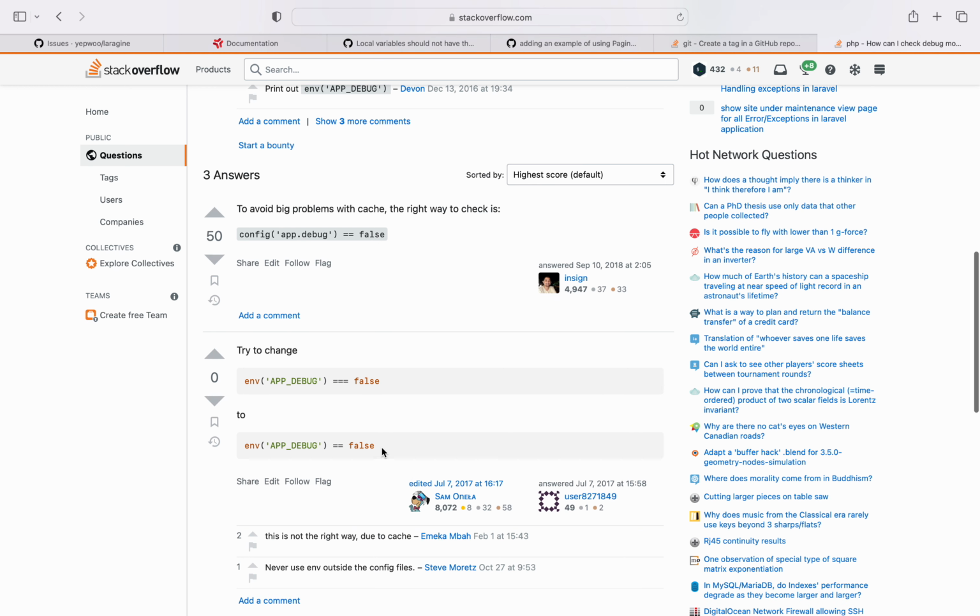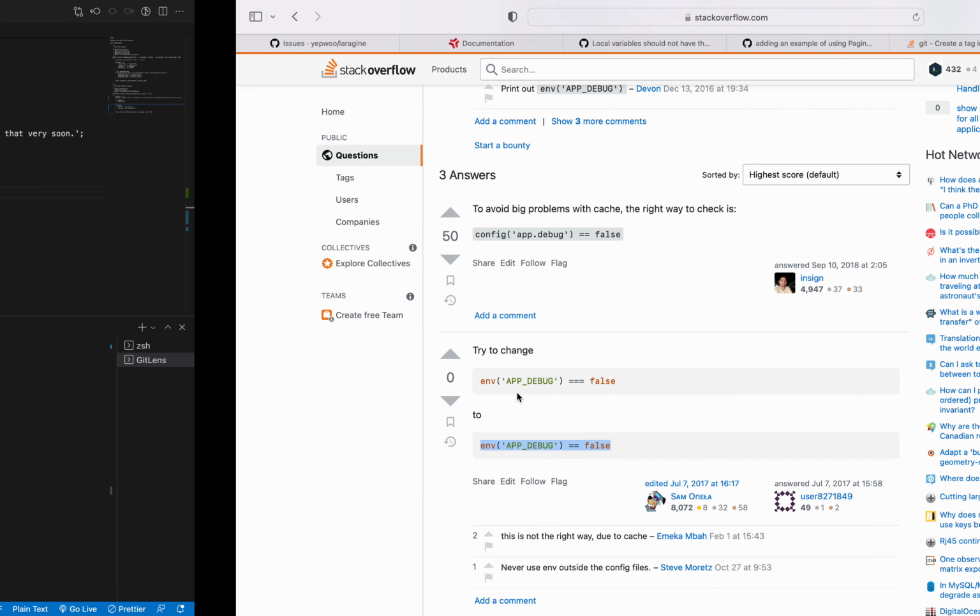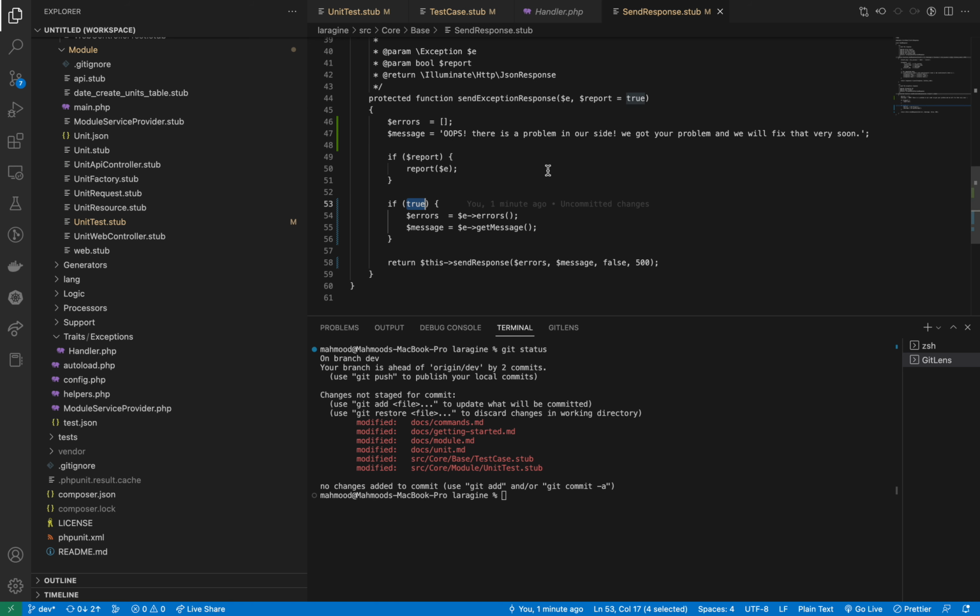Okay, env equal to true. Yes, app debug. So yes, if app debug equals true, then do all these kind of stuff. So yeah,